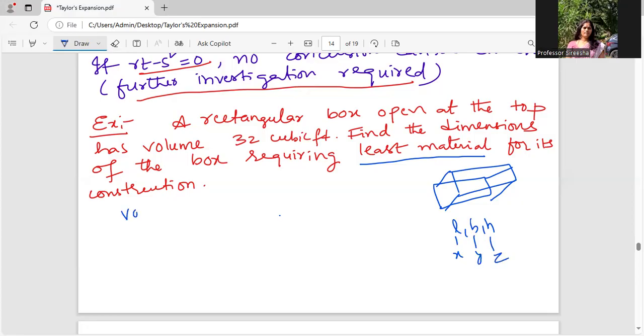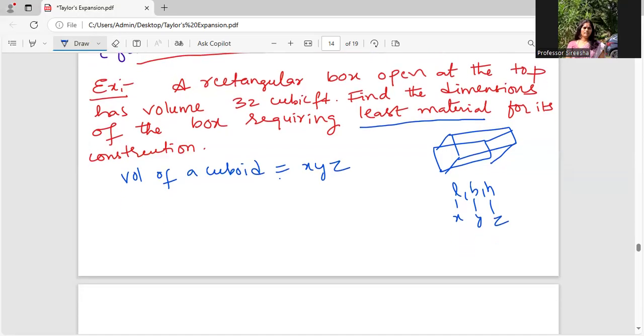Volume of a cuboid. What's the formula for volume of a cuboid? It's L B H, right? It would be X, Y, and Z. Okay, this is fine. But what's been asked: find the dimensions of the box requiring least material for its construction. Suppose if I have to find the dimensions of the material required for the construction of the box, then I will be needing the surface area